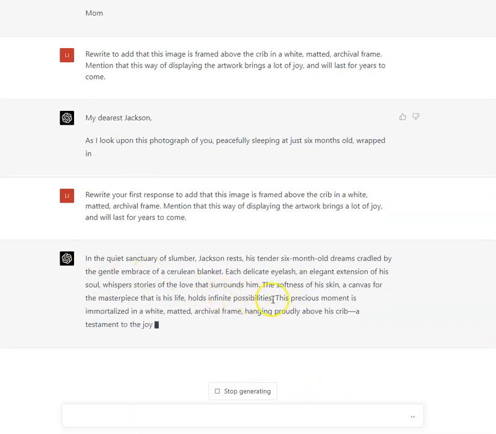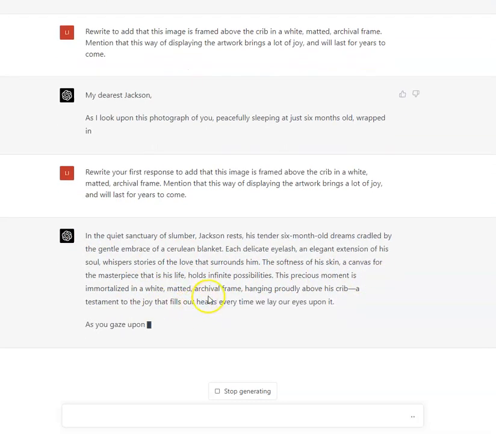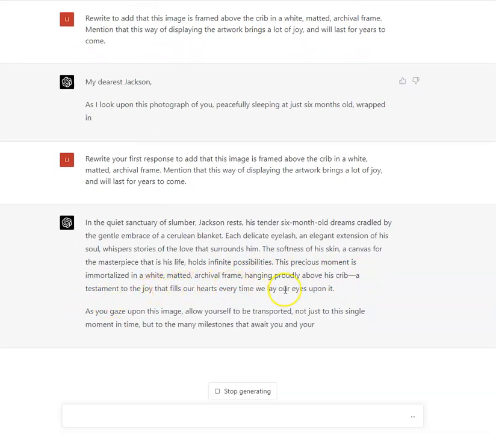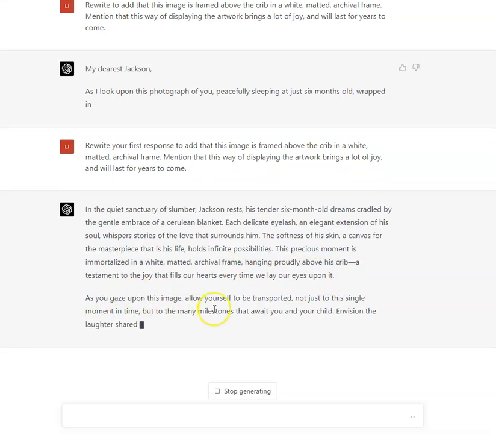Right, so it's kind of the same, and then it's like, this precious moment is immortalized in a white matted archival frame hanging proudly above his crib, a testament to the joy that fills our hearts every time we lay our eyes upon it. As you gaze upon this image, allow yourself to be transported not just to the single. So now it's gonna